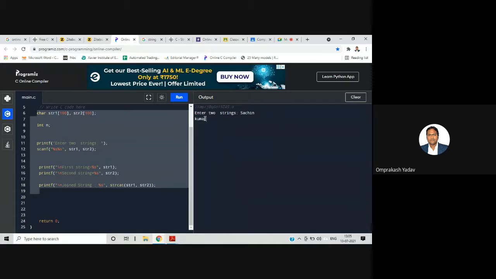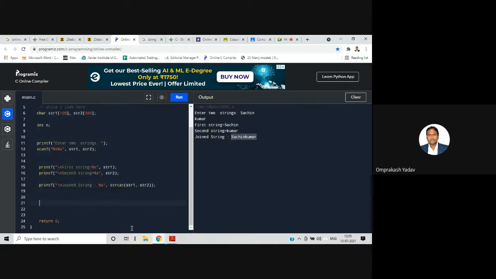It's not coming here. Yeah, now it came. So if you see here, it got joined. This is the effect of the strcat function.